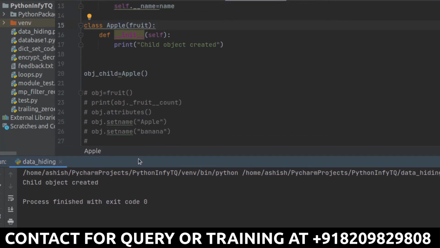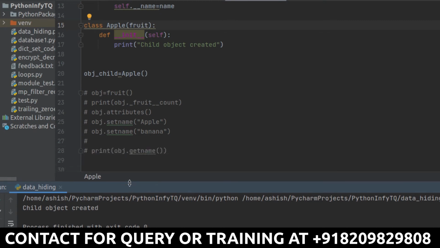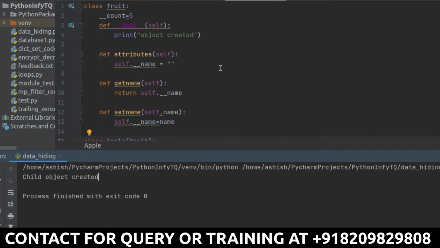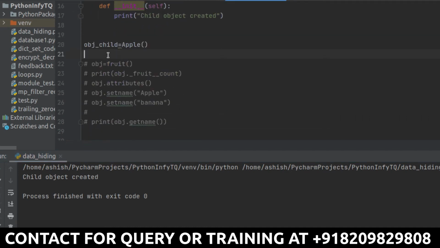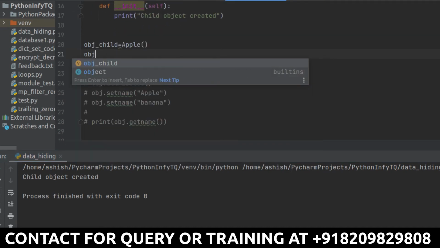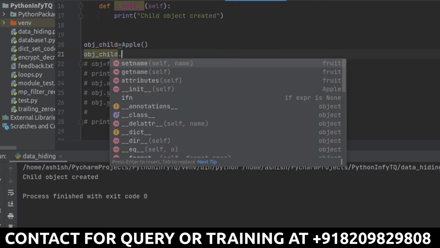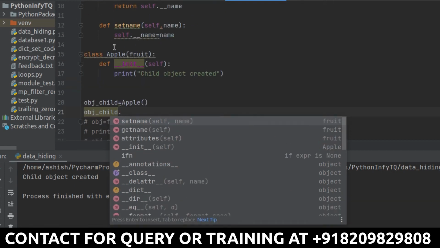Now what next? What is the advantage of using inheritance here in Python? To do that, let me go to the next line, and let's do one thing, obj_child dot. Now you can see set_name, get_name, attributes, whatever you can see right now, that is not inside the child class, but that is inside the parent class.